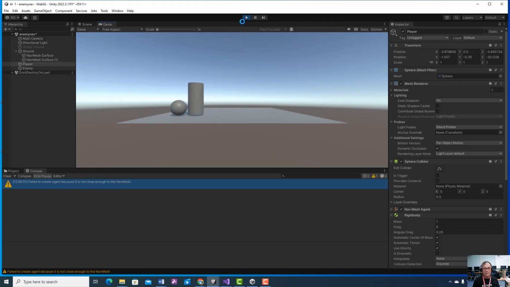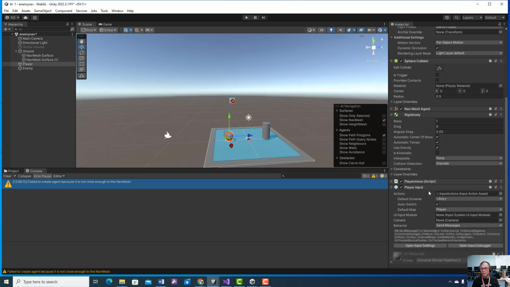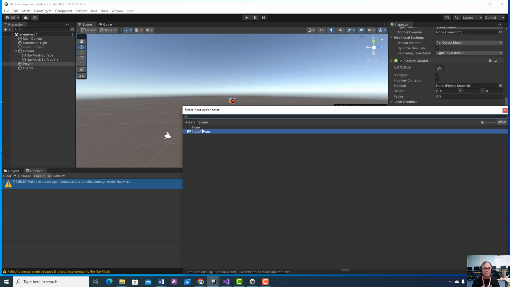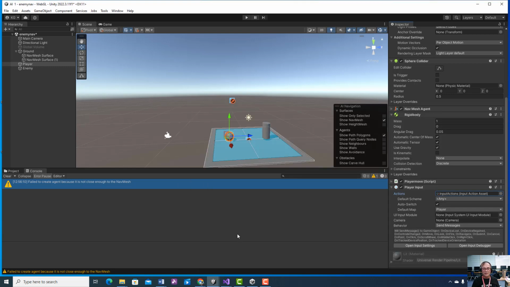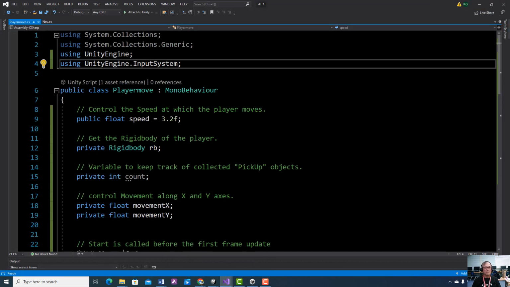I am moving. Perfect. So remember, you would come down here, player input, and you would click on this and then type input actions. So you're typing this. Input actions, then hit enter. Let's look at that script real quick. So the input system,